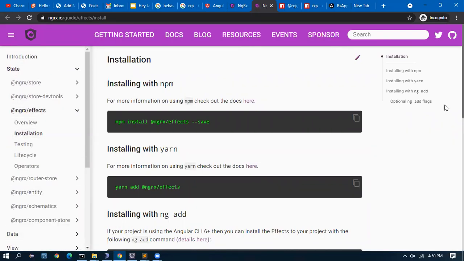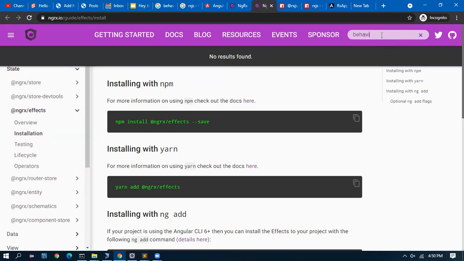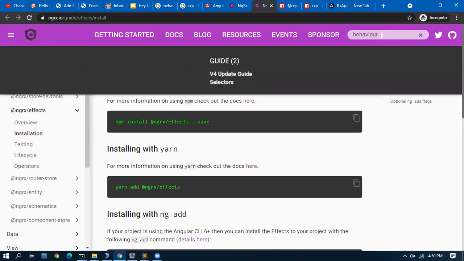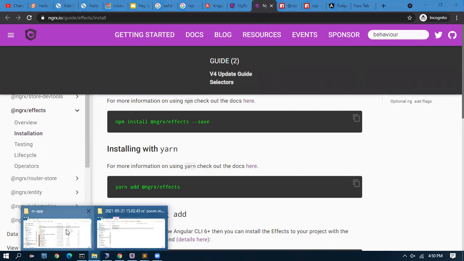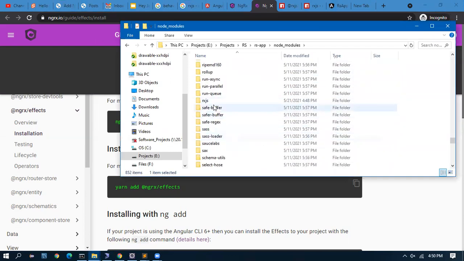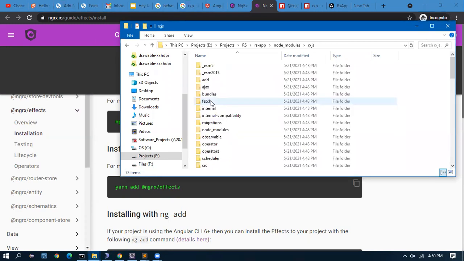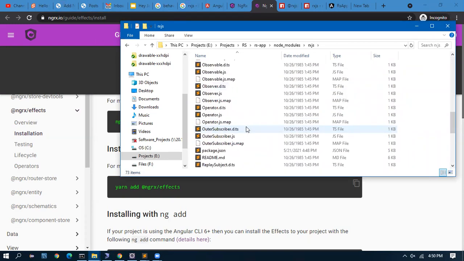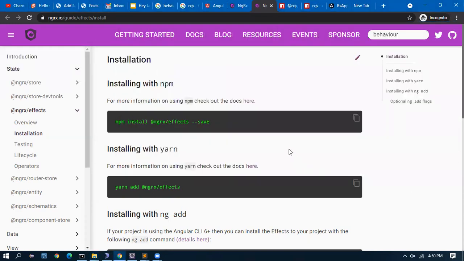It has tons of features. We will use them. In node modules you would have got the rxjs folder, and inside that a ton of files will be there.